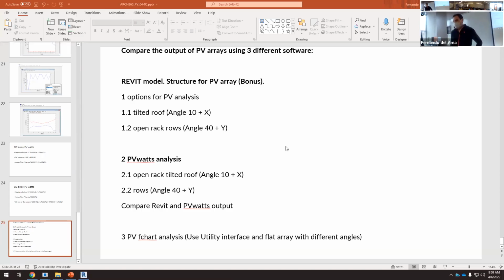This is the classwork today. We have to compare these options. We're not using a building. We're just doing things. Well, that will be integrated in a building, but we don't have to model